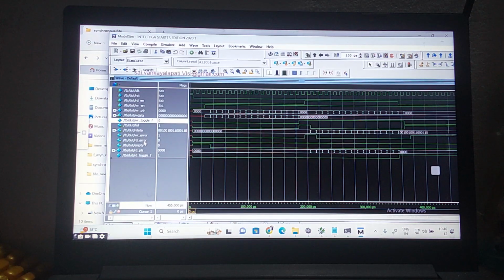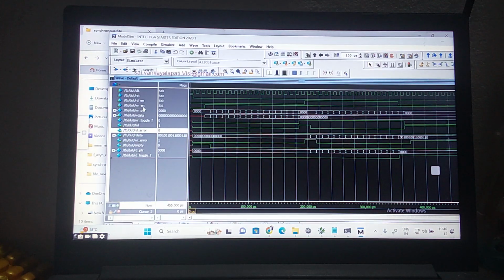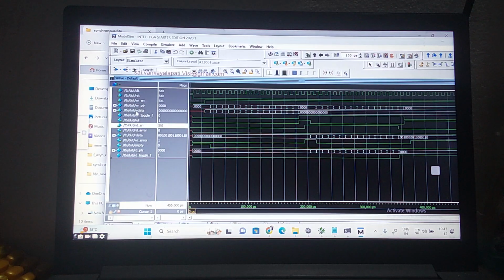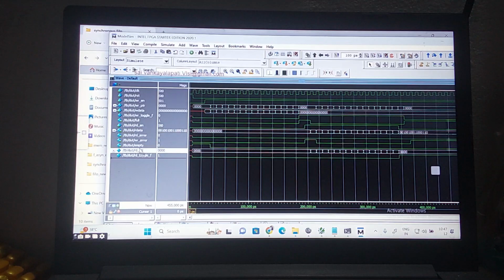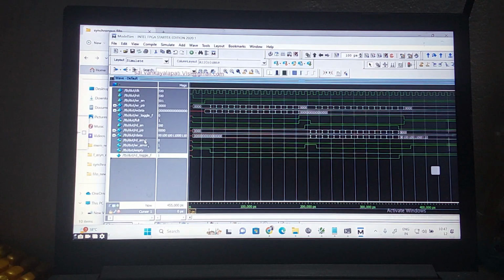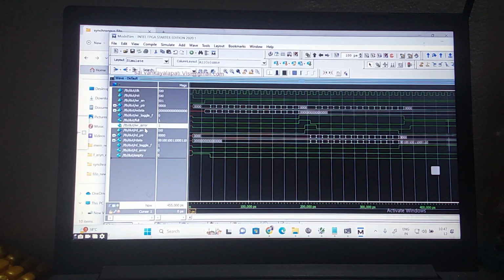Then I want the read enable. So where is the read enable? This is my read enable. This is write enable, write pointer, w data, toggle flag, then this is full. Read enable, read data. Let us keep the read pointer here. Then I am going to keep the flag. This I am going to move here. Now you can see this is write enable, write pointer, w data, write toggle flag, then full. Correct.